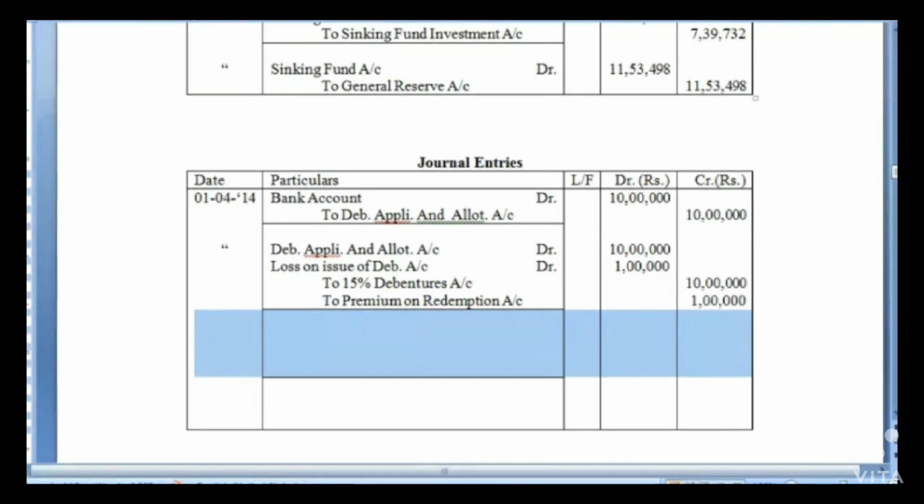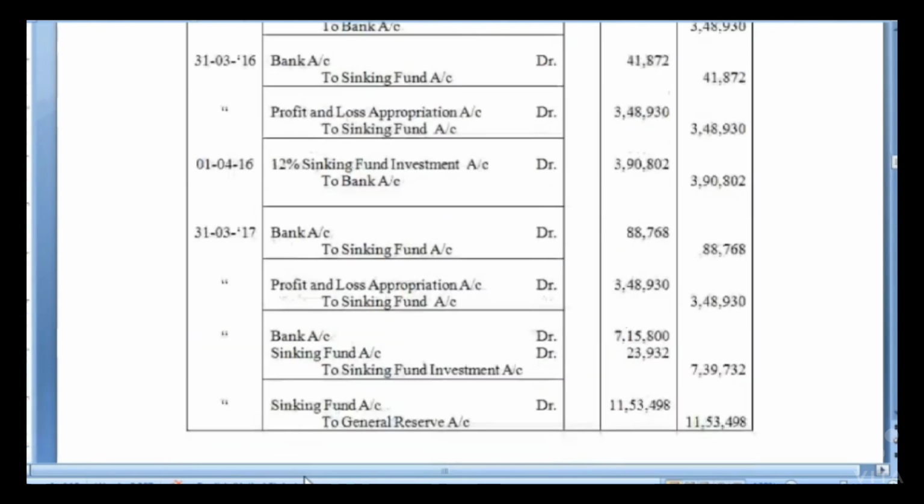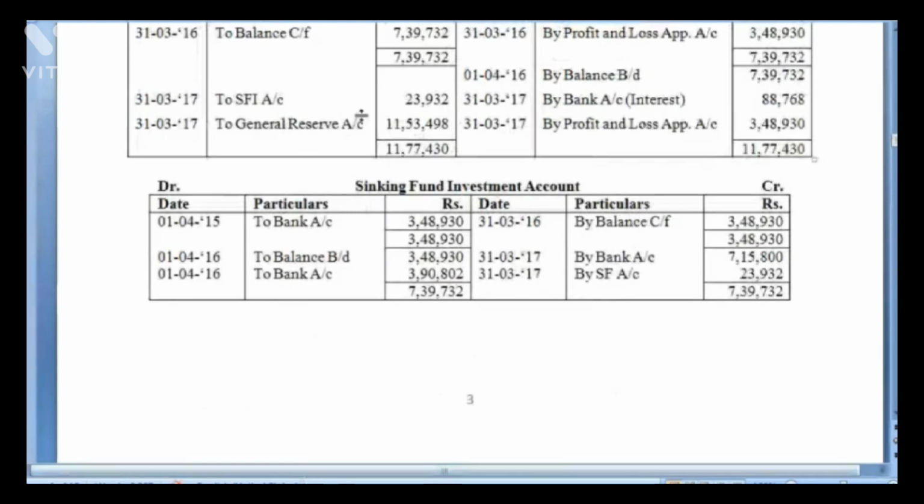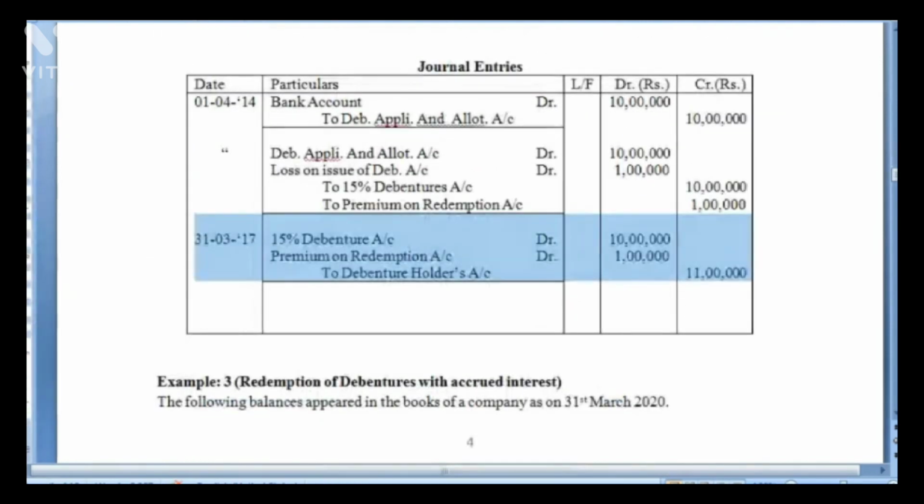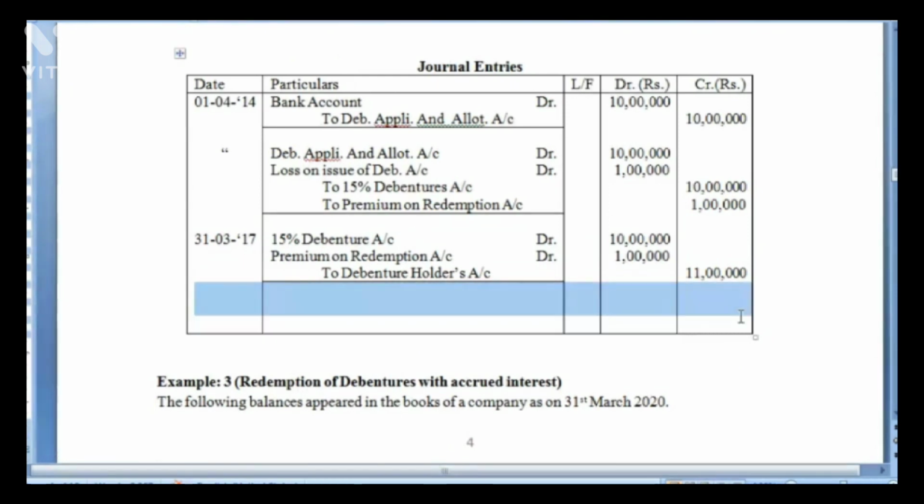Clear? When company decided to redeem, debenture account debit, premium on redemption of debenture account debit to debenture holder account, and according to the requirement, legal requirement, that at least 25% sum of the face value of redemption debenture we have in the debenture redemption reserve, the debenture redemption fund, but we are having more than this amount, 25% કરતા વધારે રકમ આપણી પાસે CRR ની અંદર કે debenture redemption fund ની અંદર કે sinking fund ની અંદર પડી છે, એટલે legally કોઈ problem થશે નહીં. And lastly, debenture holder account debited to